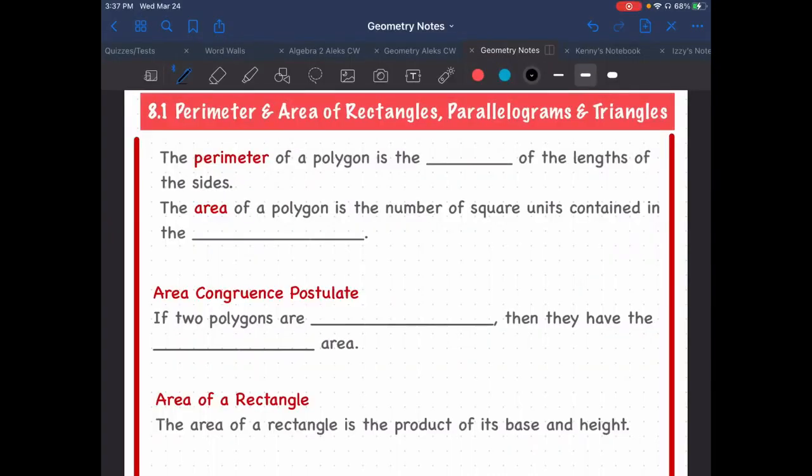Today's lesson is 8.1, Perimeter and Area of Rectangles, Parallelograms, and Triangles. The perimeter of a polygon is the sum of the lengths of the sides. So all I have to do is find the length of each side and add it up to find the